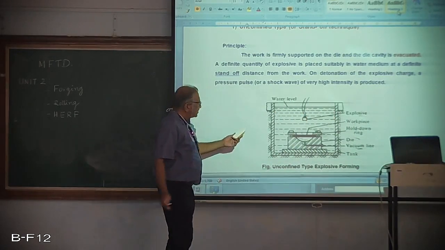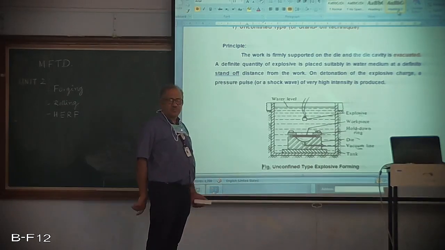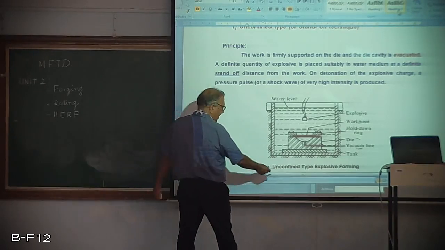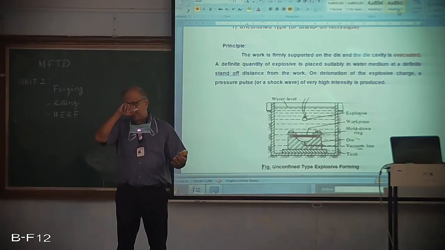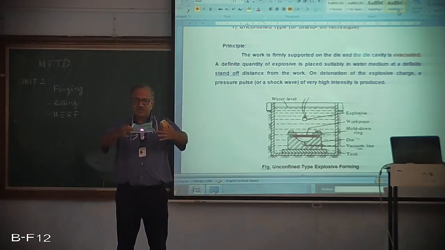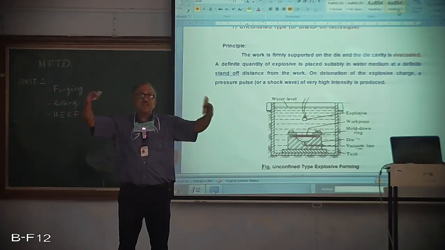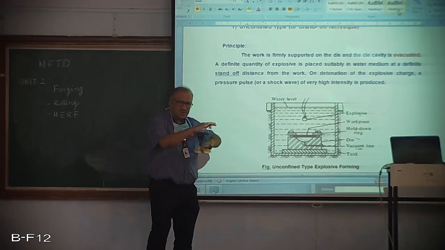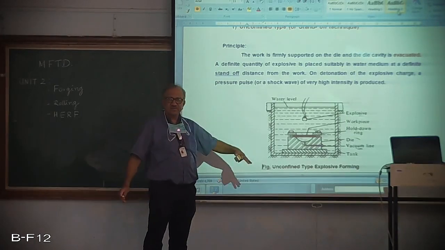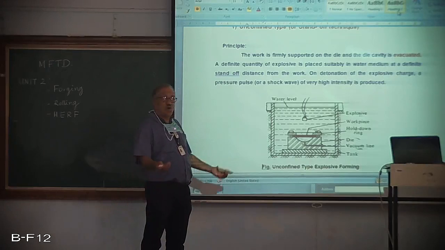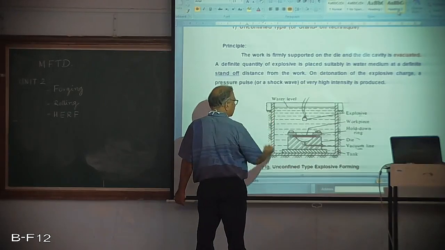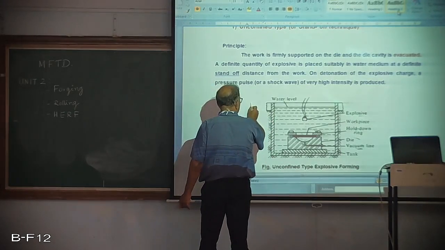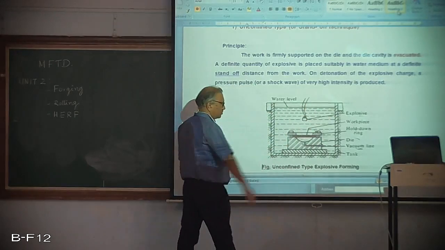This is the unconfined type of explosive forming process. The word unconfined means not restricted, not contained, not closed. It is open. Opposite of this is confined. Unconfined is open. In what way is it open? It is open in the sense that the overall arrangement